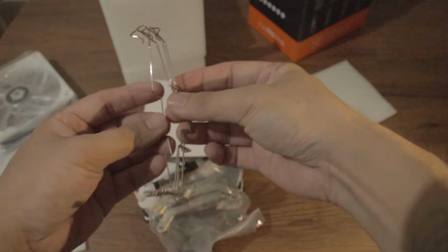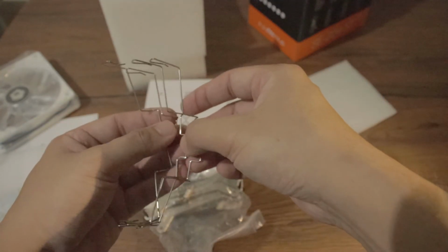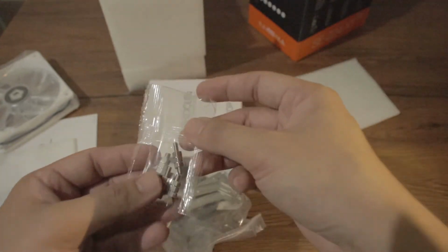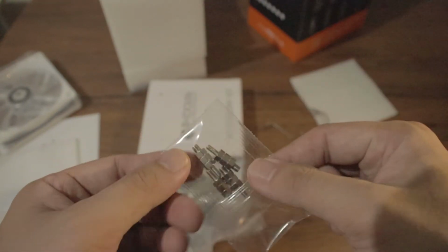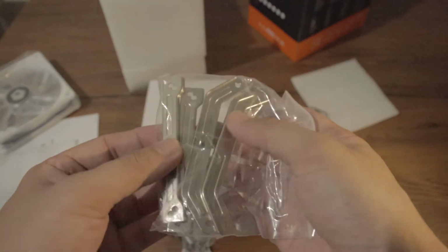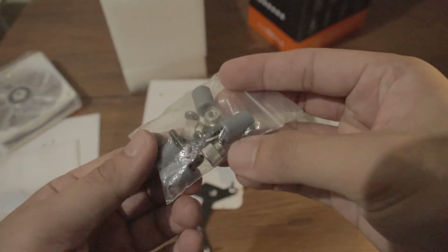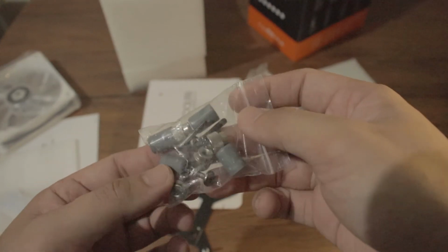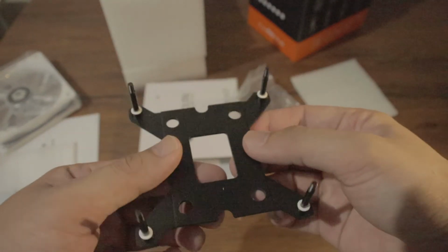You get 2 pairs of fan clips in the event you want to add an extra fan. I don't think that's necessary. LGA screws. You also get mounting brackets, a bag of AM4 screws, standoffs, and titanium nuts, LGA backplate,